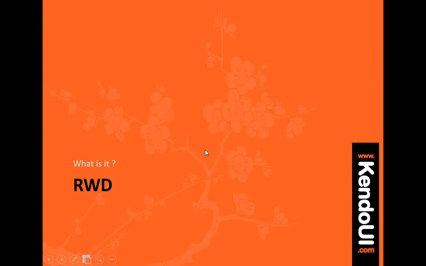So now let's start a little bit. Let's take a moment to understand what this RWD is. I'm pretty sure many of you who are in HTML5 will understand what RWD means. It's basically an acronym which stands for Responsive Web Design. So what is it? Basically, if you are doing a lot of HTML5 based websites, or forget HTML5, in this era, due to the proliferation of